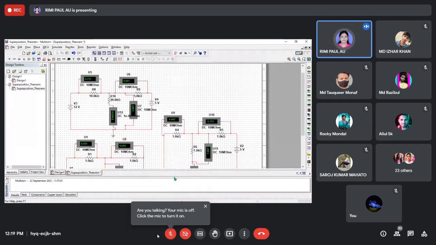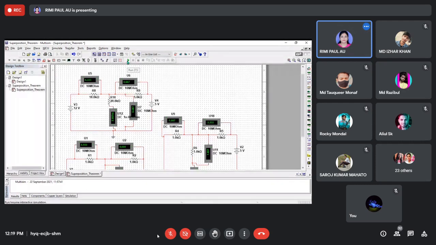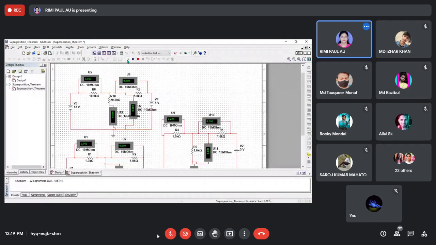So this is our 20 kilo ohm, 10 kilo ohm, 5 kilo ohm. So first case, don't look at these two, just look at these two. This is our voltmeter, and I am just running this one. So this is our ammeter. Here the voltmeter is connected across this resistor. This is our ammeter. You can also get a current here or the voltage across this. Our target is to find the voltage across this resistor and the current passing through this resistor, right?